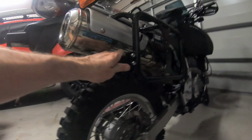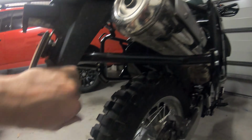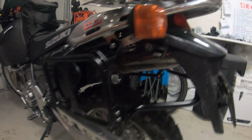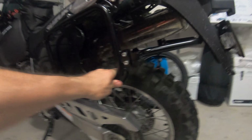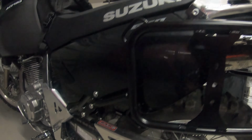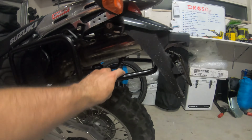All right, and that is a done deal. Pretty bloody happy with that. Barrett pannier racks, and all nipped up nicely. And that cross brace,